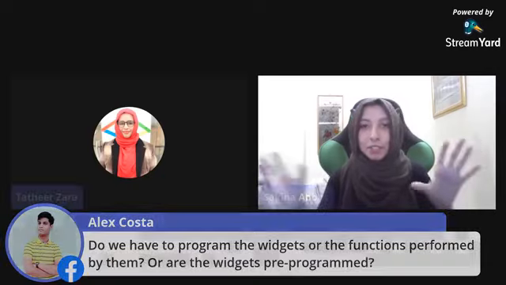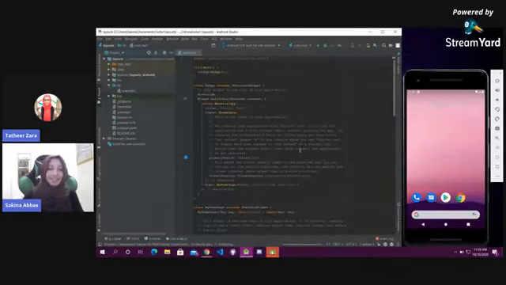Okay, the question is, I highlighted it. I actually can't open up StreamYard right now because since I'm sharing my entire screen, it would go into infinity mode and I'm only using one screen. Sorry, I didn't see it. Okay. Yeah.